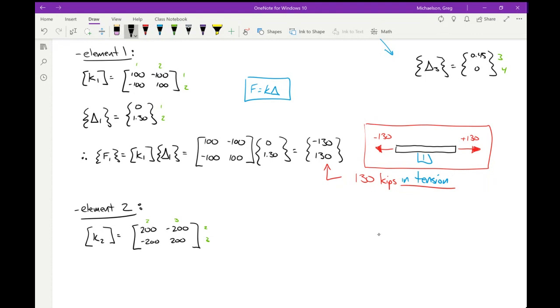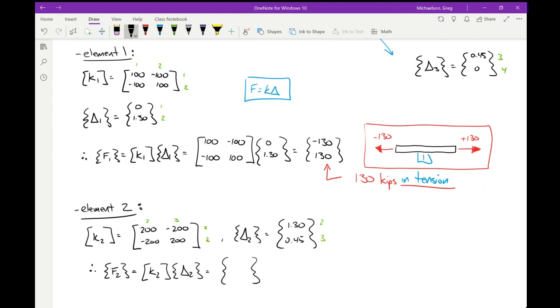And then delta 2 was, now this one was 1.3, 0.45, and this was 2 and 3. So somebody help me out. You've got Excel there with you. What does F2 equal? -170,